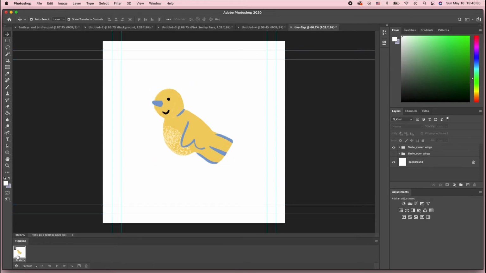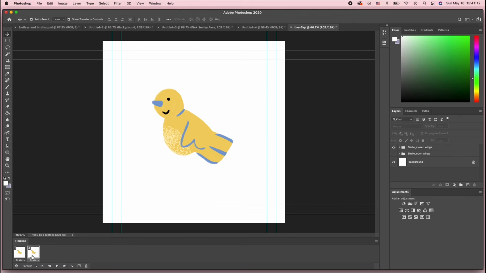So this is the first frame, and I want the second frame to be the open wings frame, but first I need another frame here. So I'm going to click on this plus, and it duplicates the selected frame, so it's exactly the same. But because the second frame has to be the open winged one,